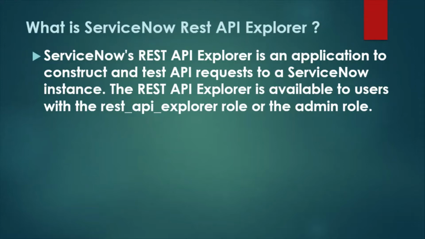Mainly APIs are used in integration, right? In ServiceNow, we create APIs, and if we have to integrate ServiceNow with a third-party tool, we need ServiceNow APIs in the third-party tool. In the same way, we need third-party APIs in ServiceNow. So where can we construct the API? We can construct the API in REST API Explorer, and we can use REST scripted API as well. In this video, I'm going to discuss more about REST API integration, and in the next video, we'll try to discuss SOAP API integration.